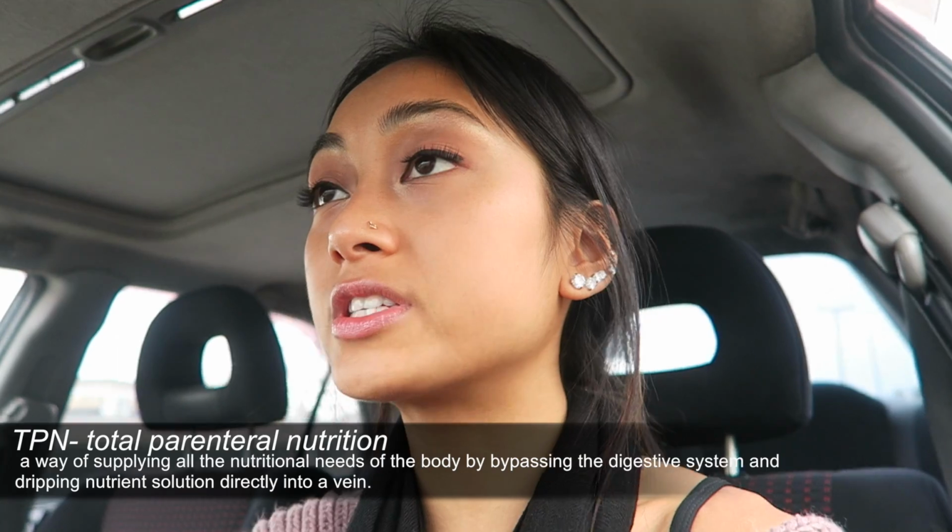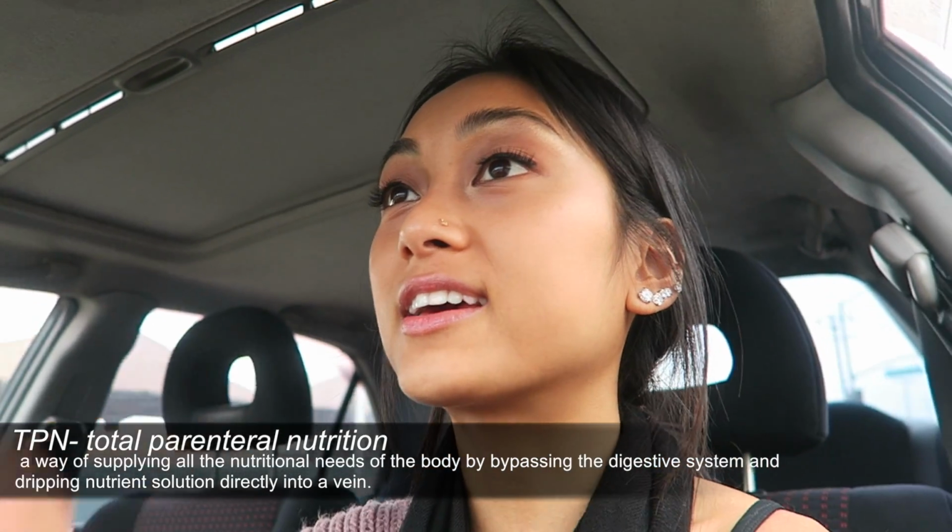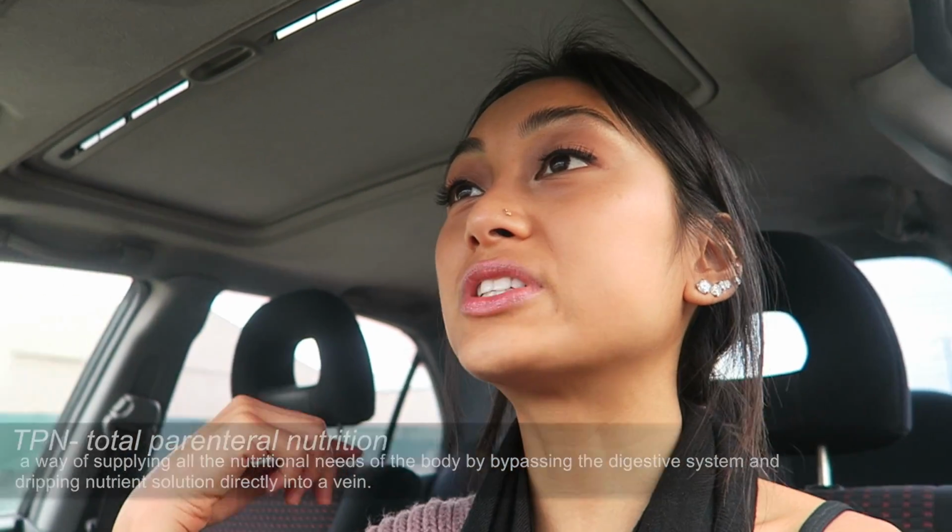So today I had a patient who had nausea and vomiting. For a long time she wasn't eating what she needed. She got orders for TPN, which is total parenteral nutrition, which is like the needle, where they create like a hole or like a...